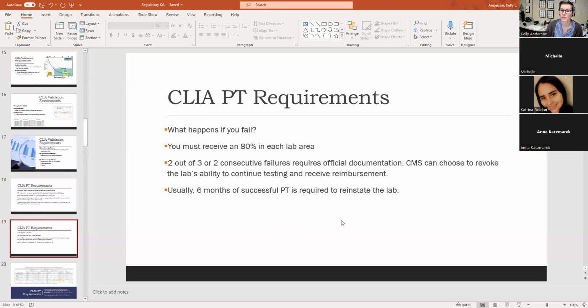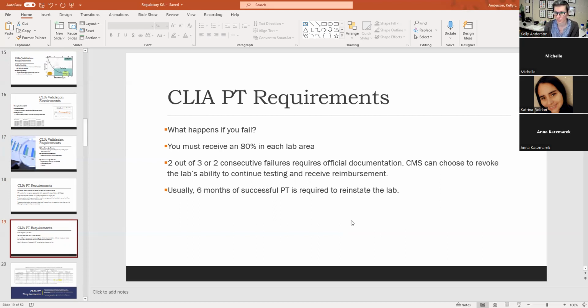And what happens if you fail PT? So what is failing? Basically, if you get under 80% in each lab area. So that would be like all your hematology surveys, you have to get 80%. Or if you have 2 out of 3 shipments for a year or 2 consecutive failures,